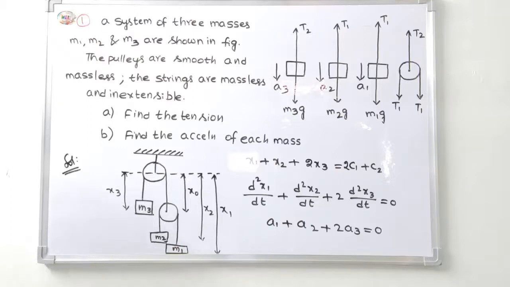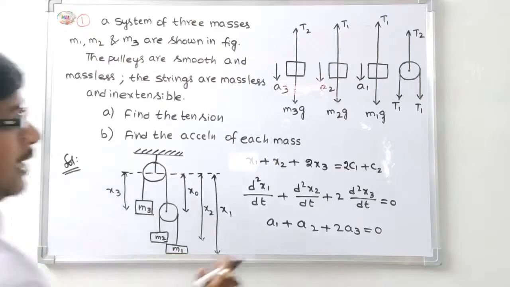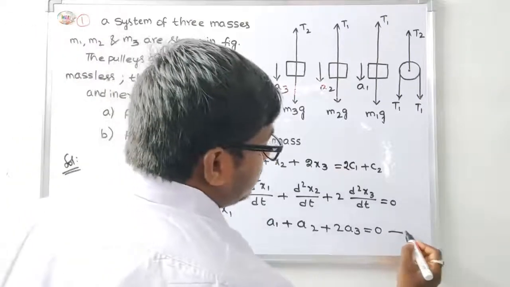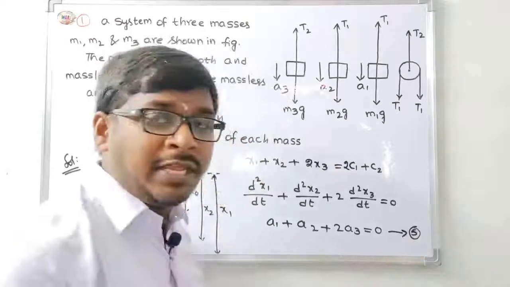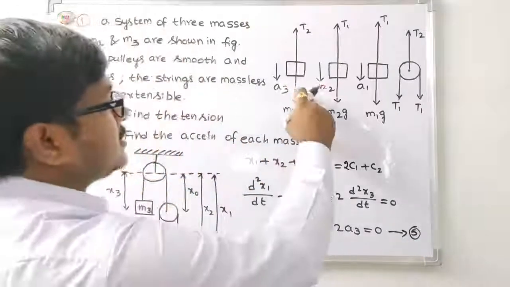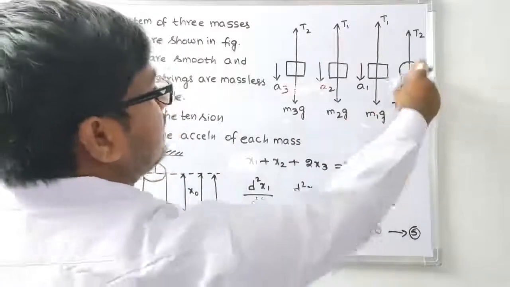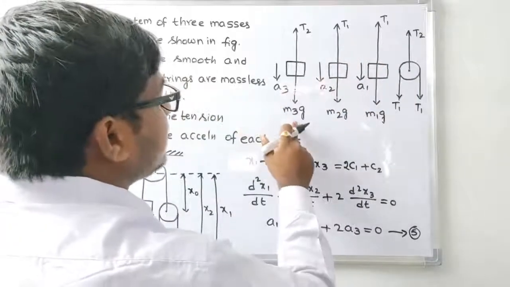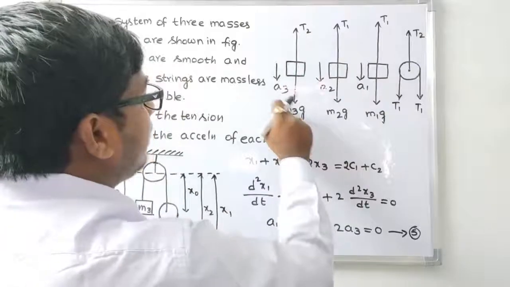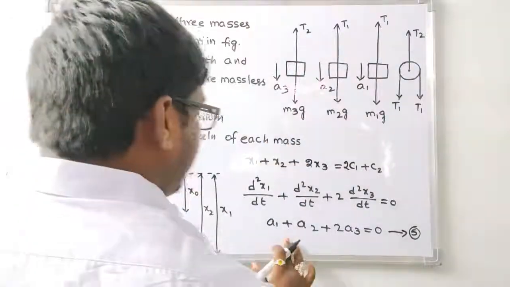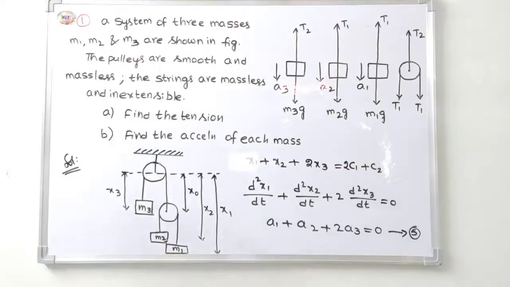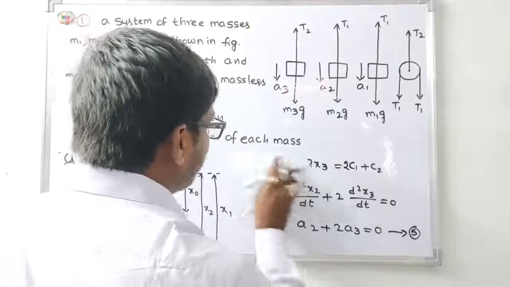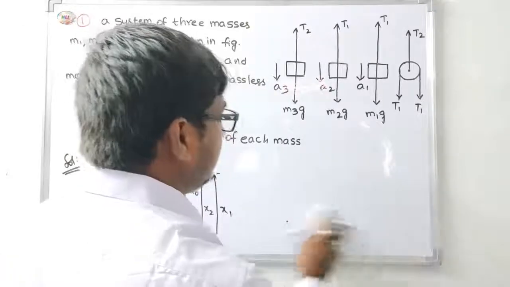Simply, a1 plus a2 plus 2a3 is equal to 0. This is equation number 5. Already we have 4 equations: the fourth is T2 is equal to 2T1, and the third equation is m3g minus T2 is equal to m3a3. After solving equations 1 to 5,